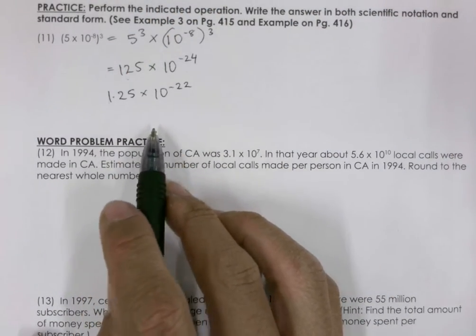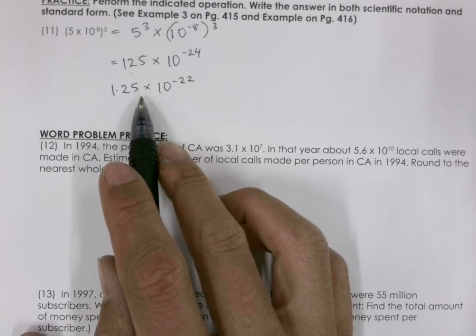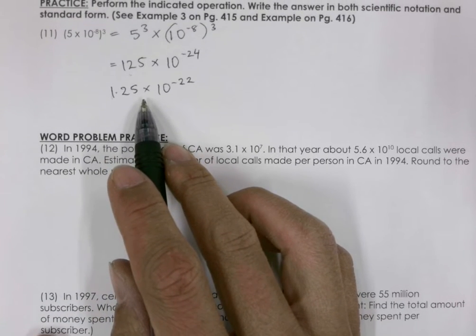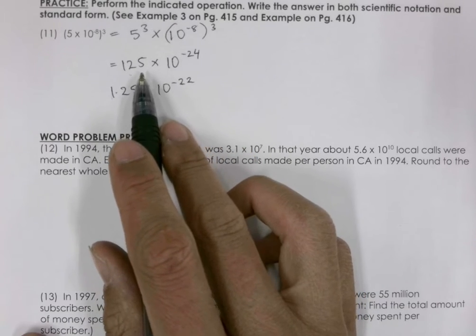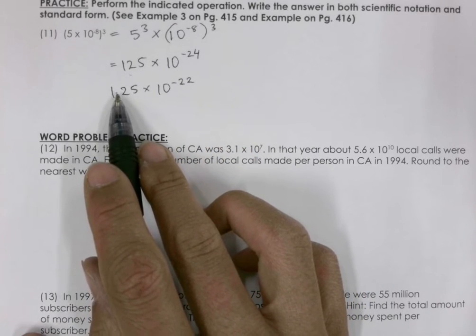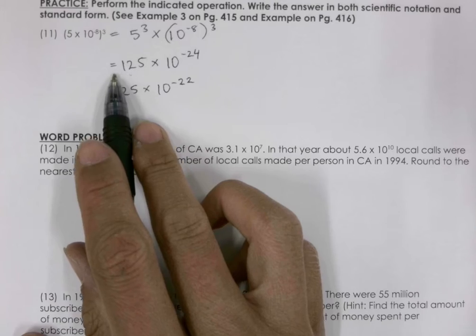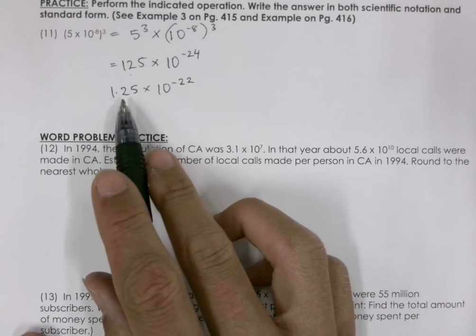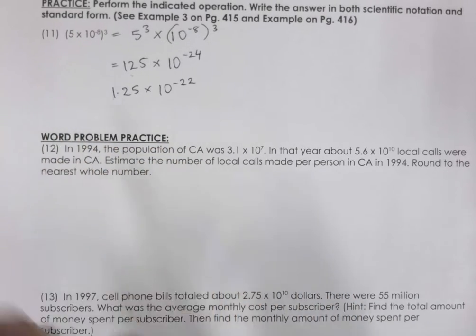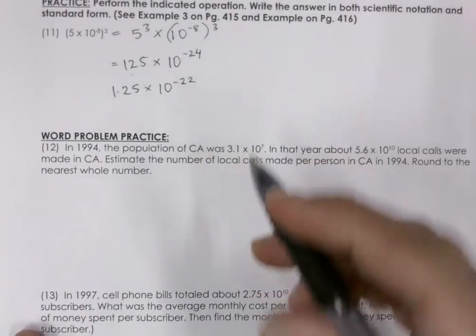All right, and now we need to write it in standard form, which means we need to take the decimal place from here or here and move it to the left 24 spaces, or in this case, move it to the left 22 spaces. All right, let's